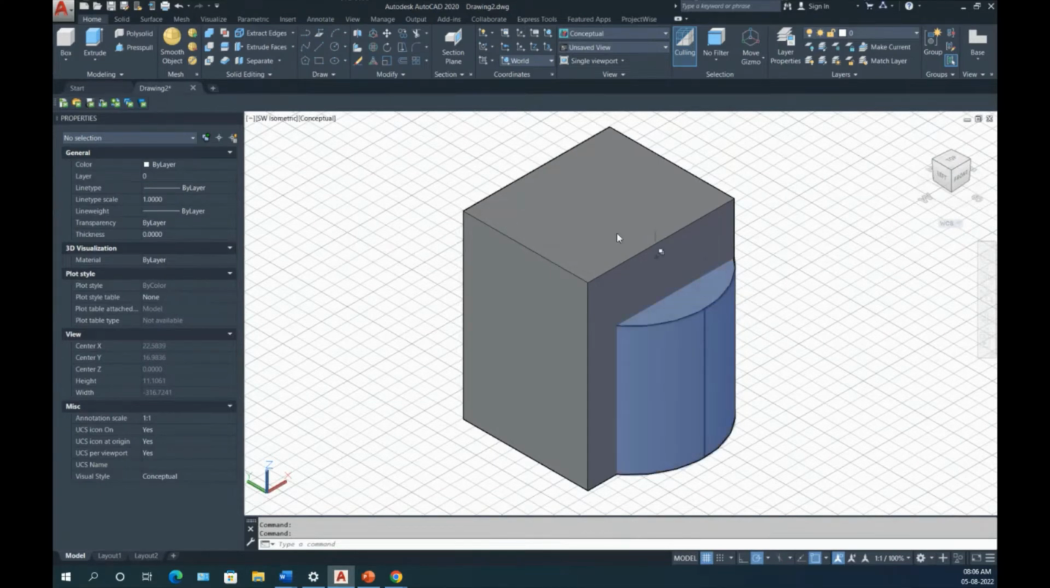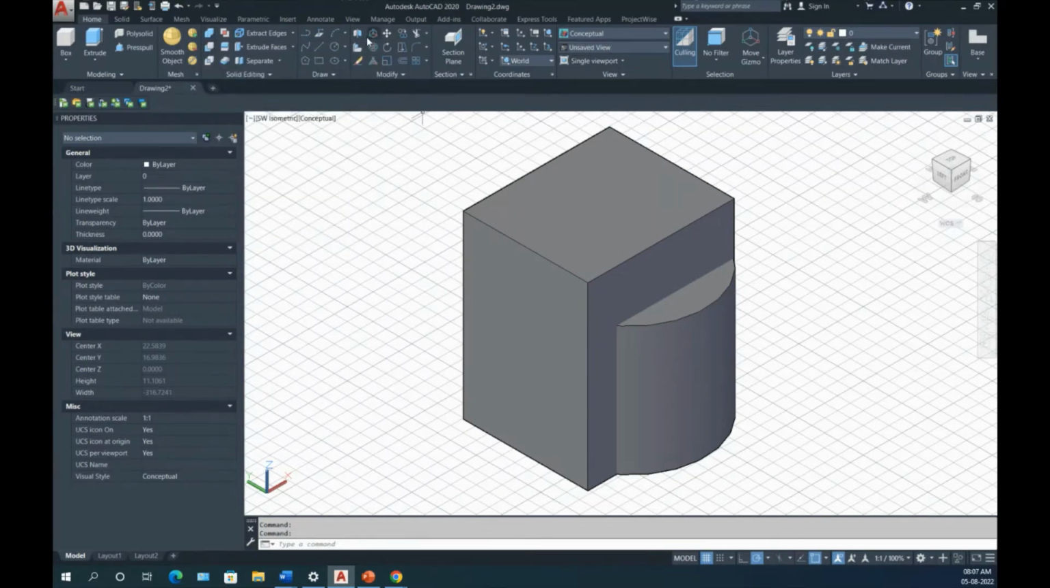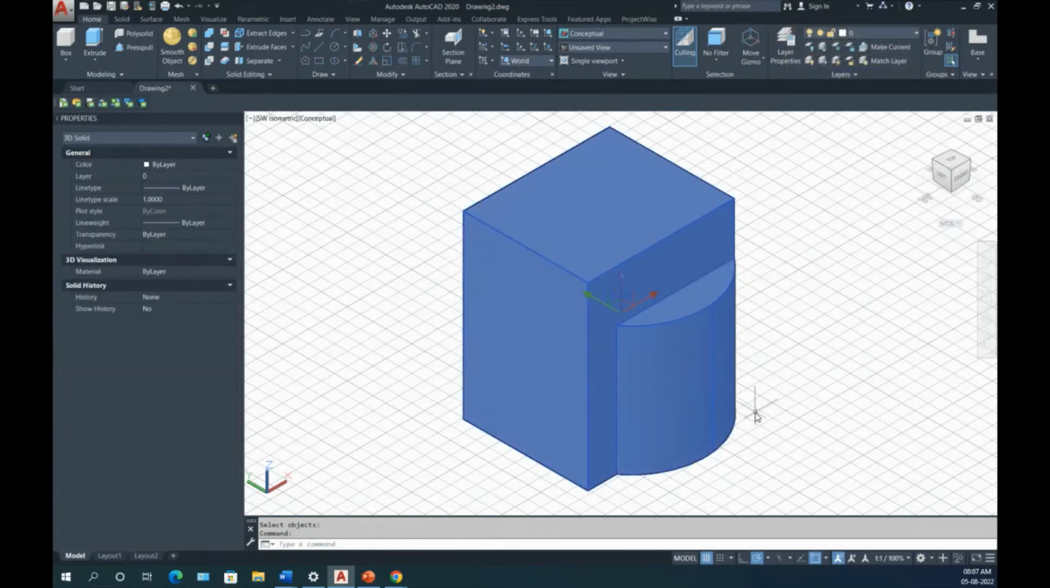So the first option is union. Union is in this location. If these tools are not visible, go to here and select the 3D modeling workspace. So first is union. Select union, select the two objects, and just press enter. So these two elements are converted to a single element, a single solid. So I will redo,